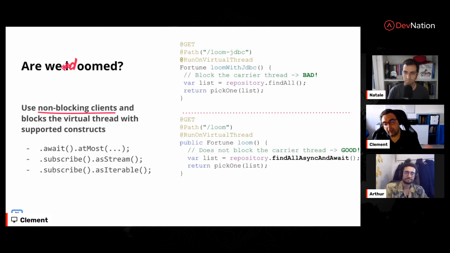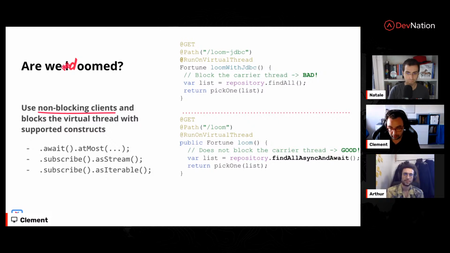So the question is, how can we use Loom today in a safe way? So avoiding or reducing the amount of pinning. So remember that Quarkus at its core has a reactive engine, which is based on Vert.x and things like that, and Netty, but that's details here. What's important is that because of this, it exposed a lot of reactive APIs, and those reactive APIs are exposed